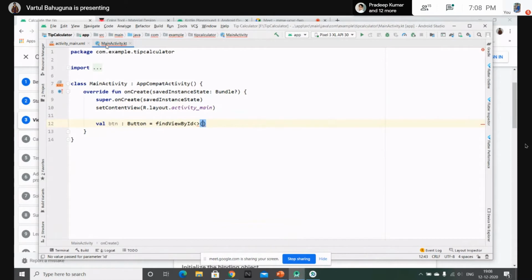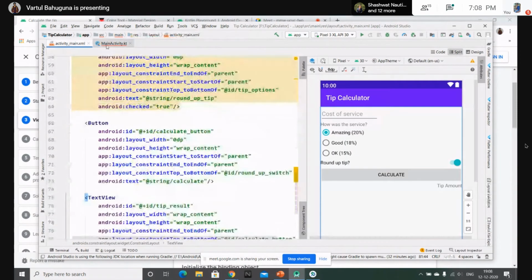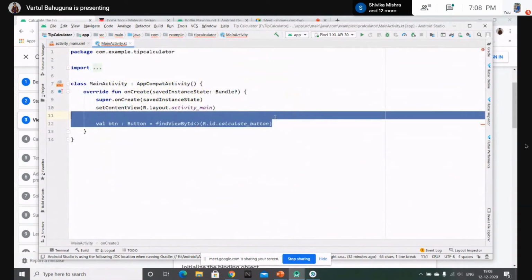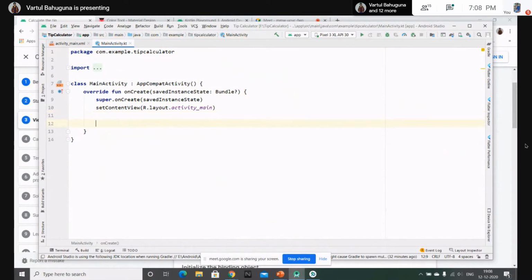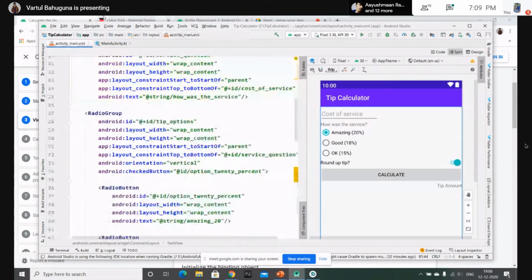So R.id.calculate_button. And now we can use the functionality of this button. So for each of the views we need to create a different variable. So rather than doing that, what Kotlin provides us is binding, where we need to create only one reference, and with that one reference we can use all these views, this button view, text view, the switches and radio group, by using their ID.